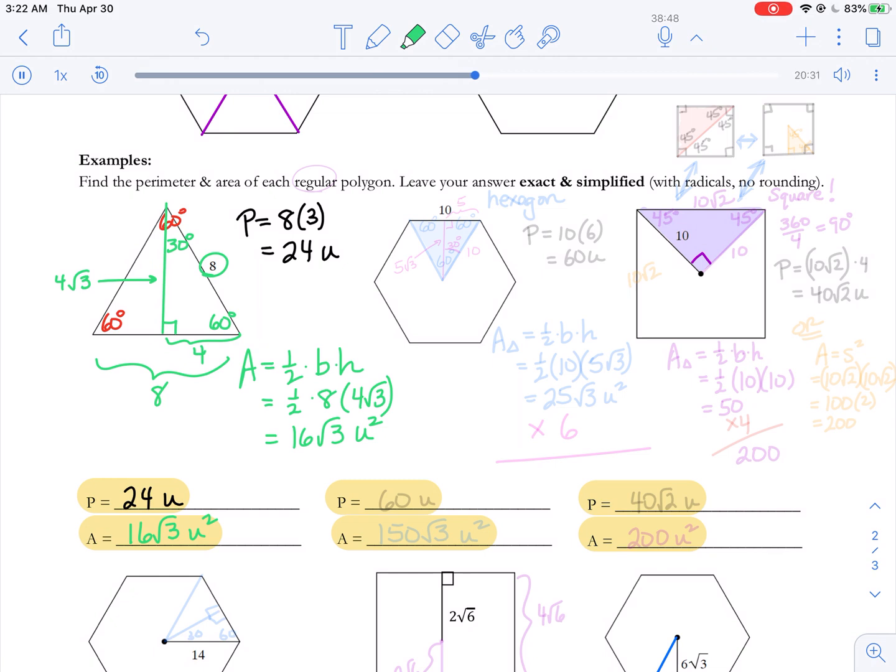Okay, so every regular triangle, you can always drop an altitude and cut it into 30, 60, 90s. That always works. Okay, the next one's a hexagon. Hexagons, we can split into